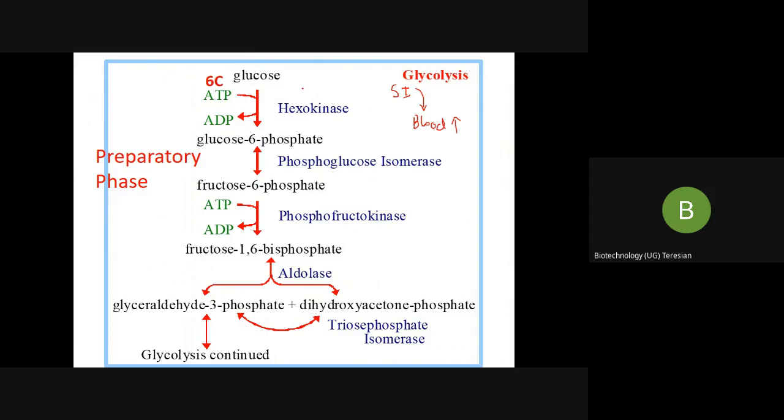So the glucose utilizes a glucose transporter, wherein it is present in the blood. Once the glucose is inside your cell, it cannot diffuse out. Okay, if this is your cell and the glucose is present here, it cannot again diffuse back,